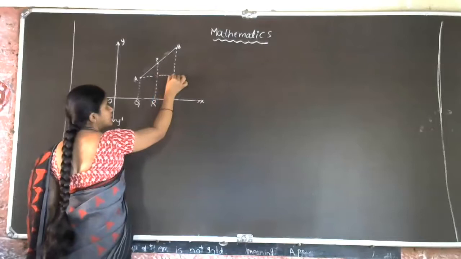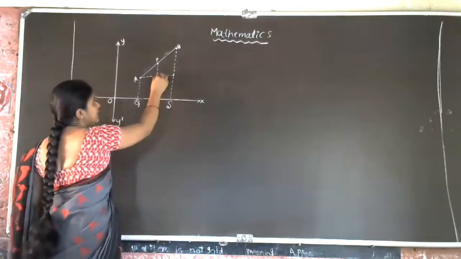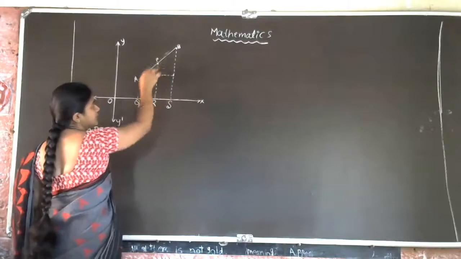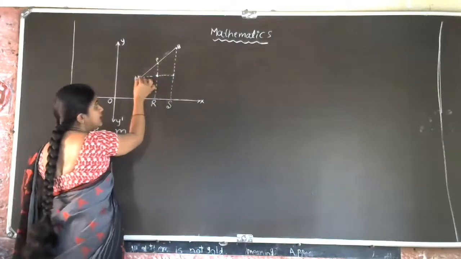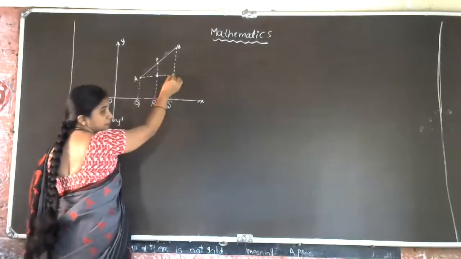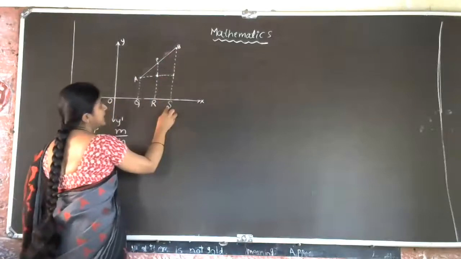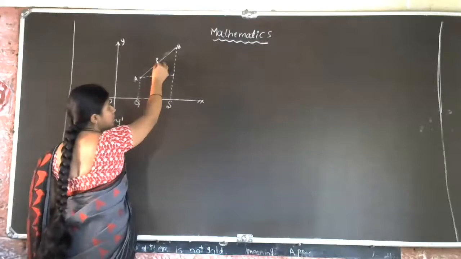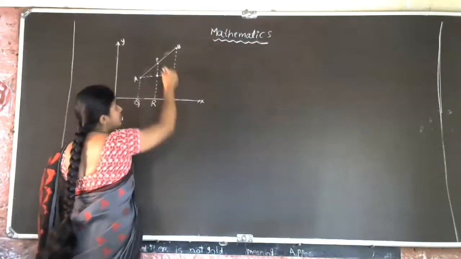So here also we are taking this one. Here we are observing this point. This point we have to give a name because we need this right angle triangle. So from point A, draw one perpendicular line to BS. Next, from point P also, we have to draw one perpendicular to this BS line.